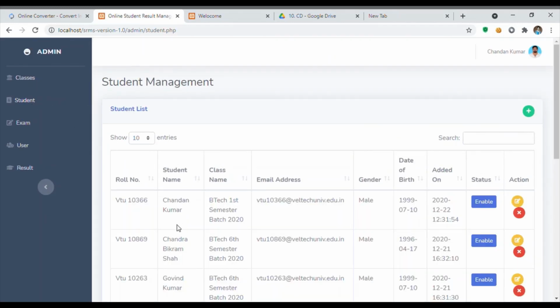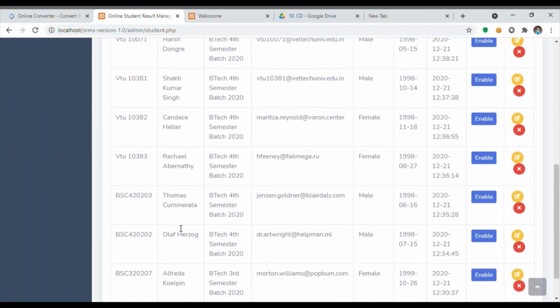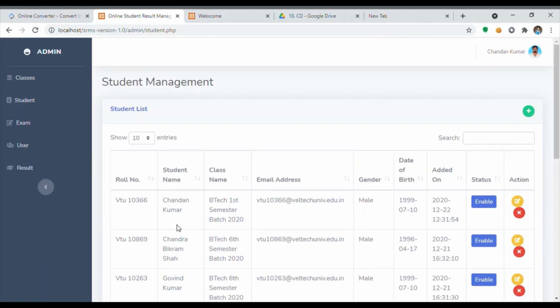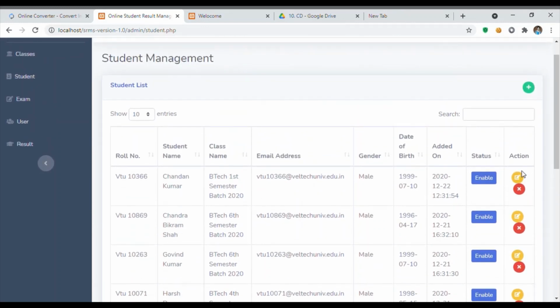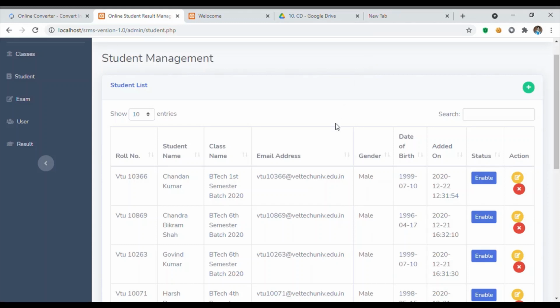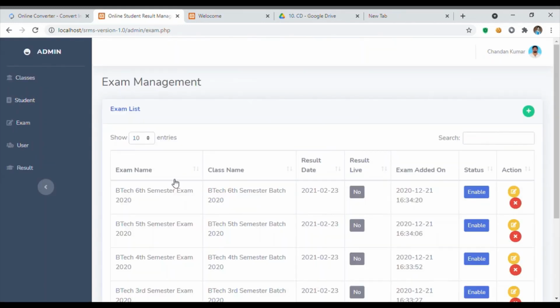This is the student section. All the students of first year, second year, we can check the list here. We can edit the student name, the student batch, the student year, everything we can do. This is the exam section.